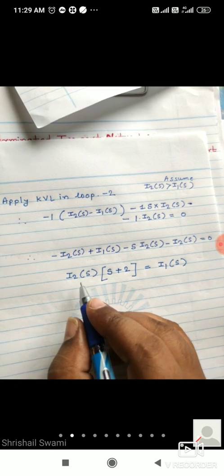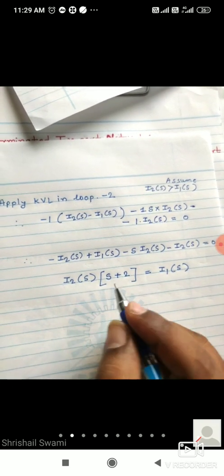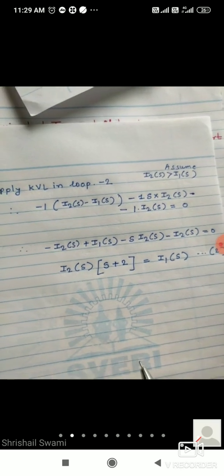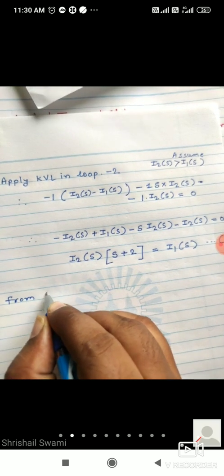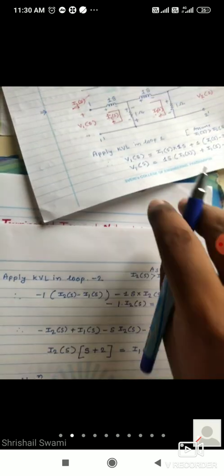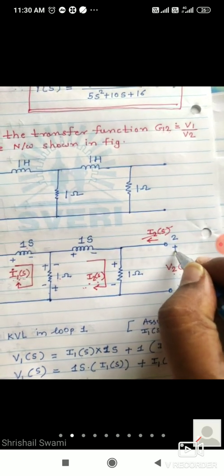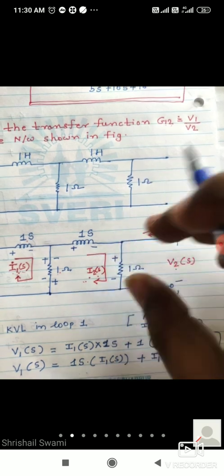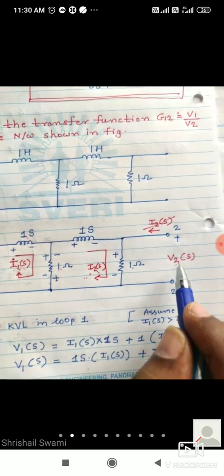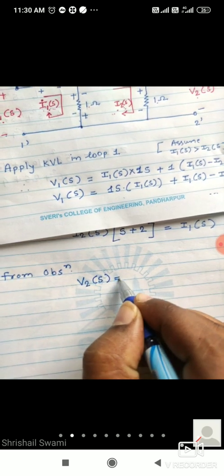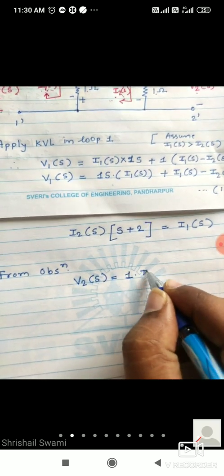बरोबर आहे. आता तुम्हाला ऍक्च्युली काय कॅल्क्युलेट करायचं, G1 of 2. ओके, आता हा इक्वेशन नंबर 2 देऊया. Now from observation, what is V2 of s? V2 of s म्हणजेच काय, दिस इज प्लस मायनस V2 of s. V2 of s इज नथिंग बट व्होल्टेज अक्रॉस 1. मग 1 into I2 of s केलं की V2 of s येतो. From observation V2 of s is equal to 1 into I2 of s. So this is equation number 3.